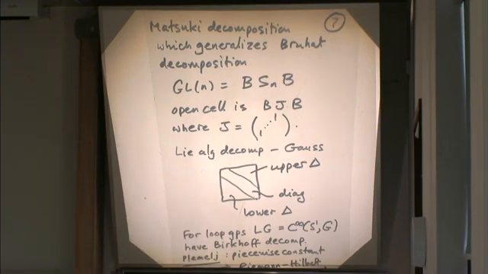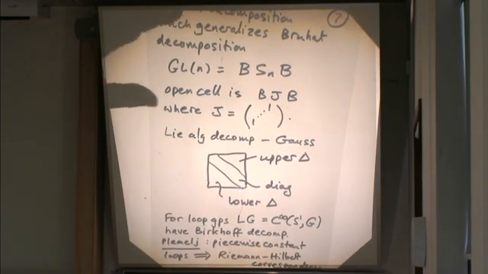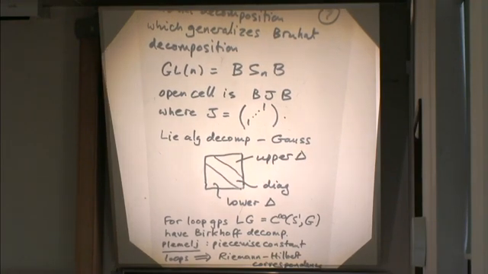Well, that's a sort of group-like decomposition. Then we also have a Lie algebra decomposition, which is very simple, where we decompose every matrix as a sum of a diagonal matrix, an upper triangular matrix, and a lower triangular matrix, just in an obvious way, just cut them like that. And that's the additive version of this Gauss decomposition. Well, for loop groups, there's an analog of this, so that's smooth functions from S1 into G. There's an analog, which is the Birkhoff decomposition, described in Graeme Segal's book.